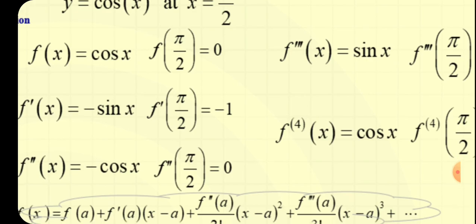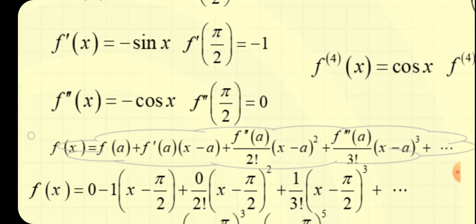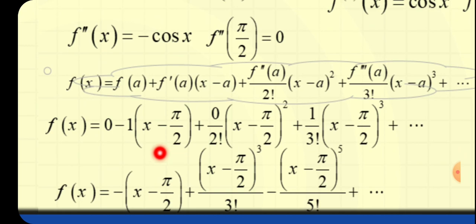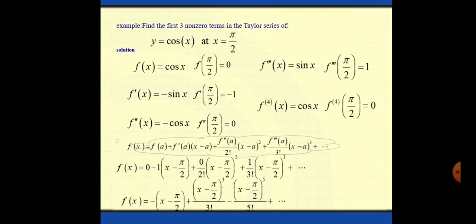And after that you can substitute in Taylor series here in this rule. Therefore f of x equals, after substitution in the rule, you can see that f of x equals the summation of these terms, and you can simplify, so you can get f of x equals these terms. Another example,